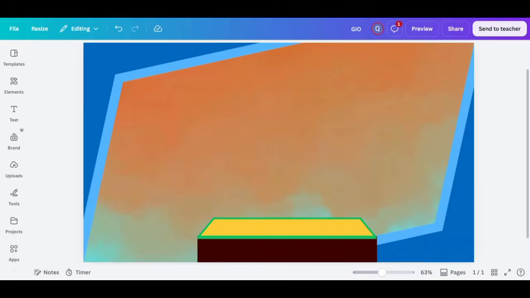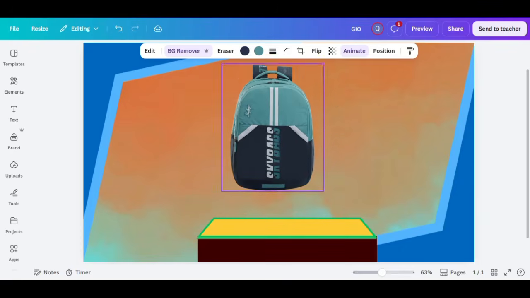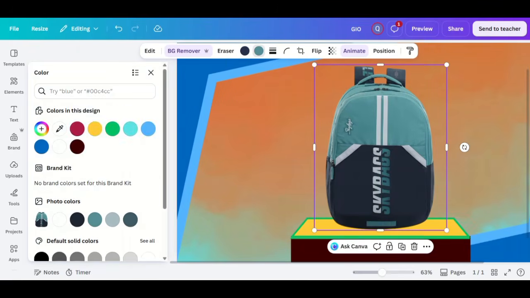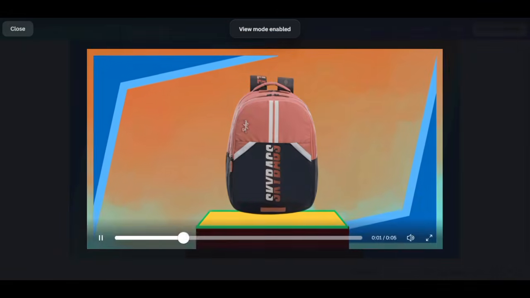Add a bold promotional headline, a short offer message, pricing, and a clear call to action using clean, readable fonts. Choose 2 or 3 colors